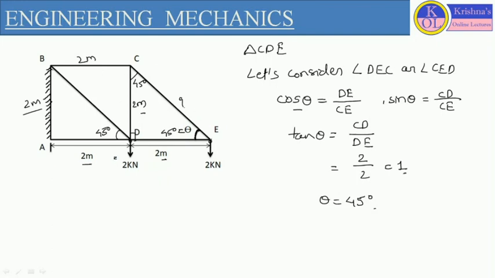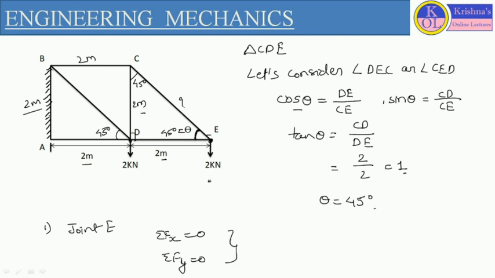Now we have to define the forces on each and every member. So the first joint we are going to consider is joint E, because it has minimum unknowns, or maximum known value. Now if we apply the method of joint, each and every joint is considerable as a free body diagram. So we will draw the free body diagram for joint E, and here we will apply the conditions of equilibrium, that is summation of Fx equals 0 and summation of Fy equals 0. Both conditions we will apply to define the force analysis.